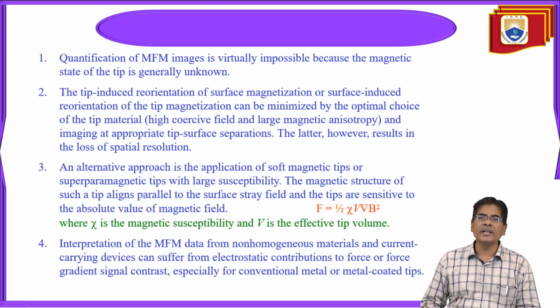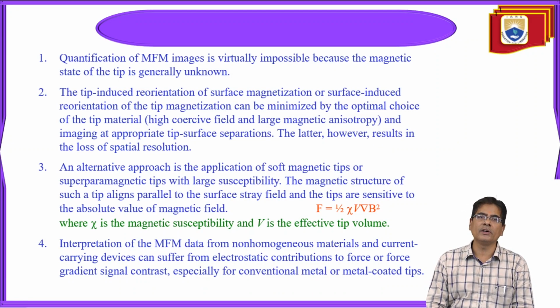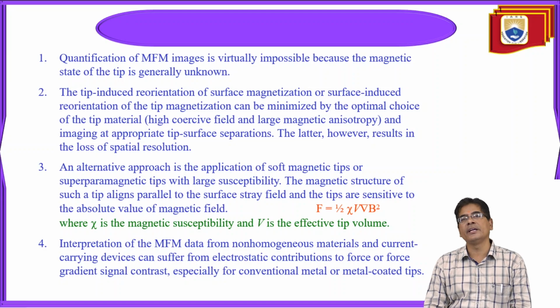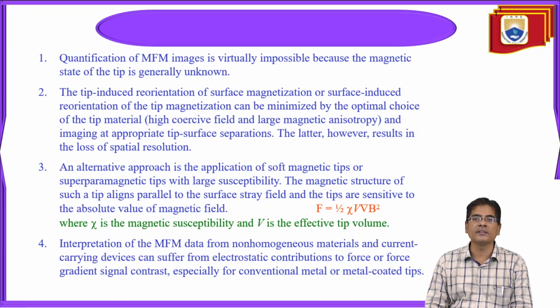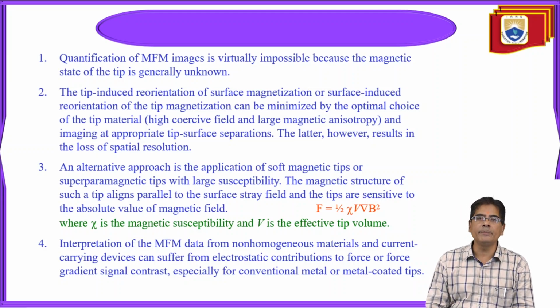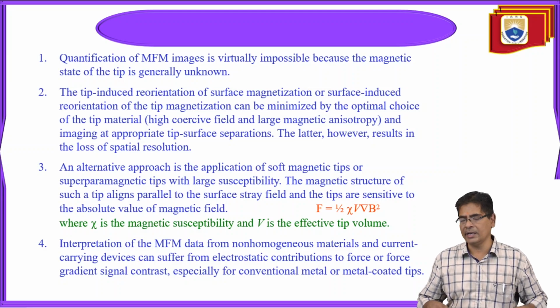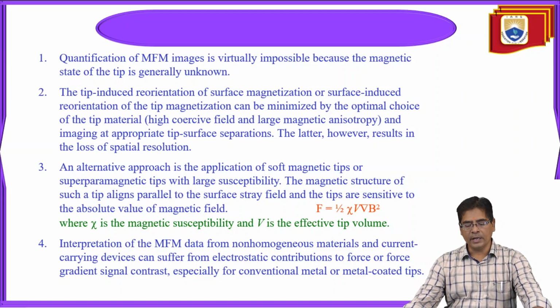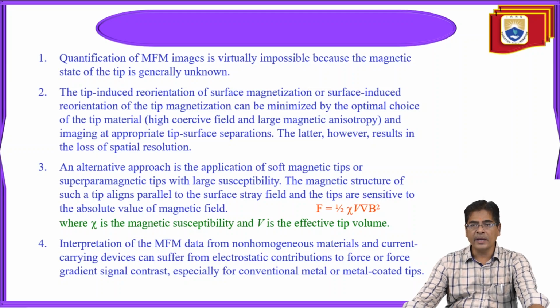Quantification of MFM images is virtually impossible because of the magnetic state of the tip, which is generally unknown. The tip-induced reorientation of surface magnetization and the surface-induced reorientation of the tip magnetization can be minimized by optimal choice of the tip material, having high coercivity and largest magnetic anisotropy, and imaging at appropriate tip-surface separations. The latter, however, results in the loss of spatial resolution. An alternate approach is the application of soft magnetic tips